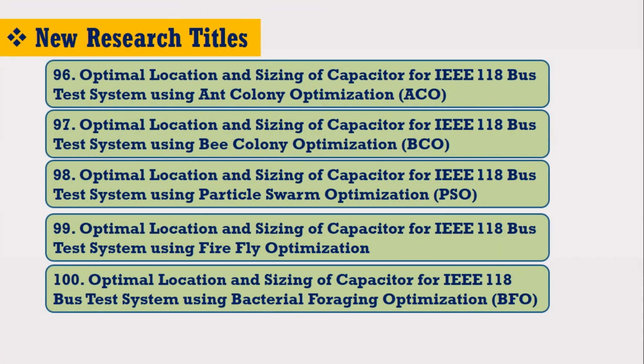Friends, in this video I have discussed only 5 topics from which 100 different research titles can be obtained based upon the IEEE test system and optimization techniques. However, it may be noted that I have just highlighted 100 ideas for your convenience. Otherwise, from these topics still many different research ideas can be generated with some modification and addition of latest optimization techniques. These topics can be used to perform your bachelor degree final year project, master research or your PhD research.